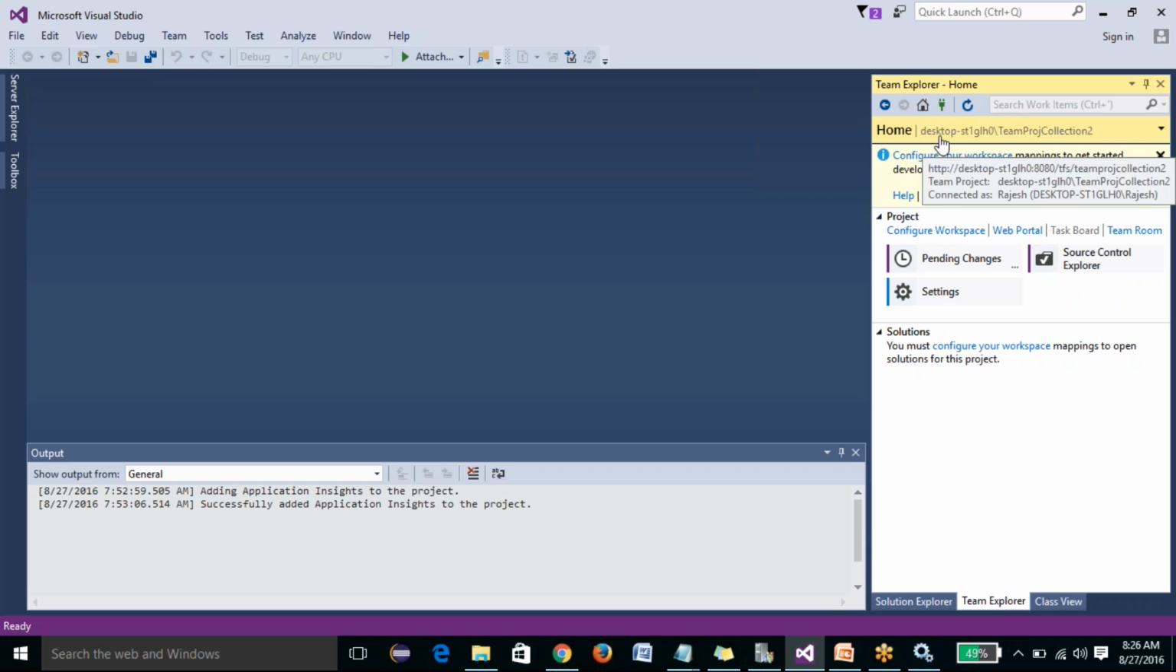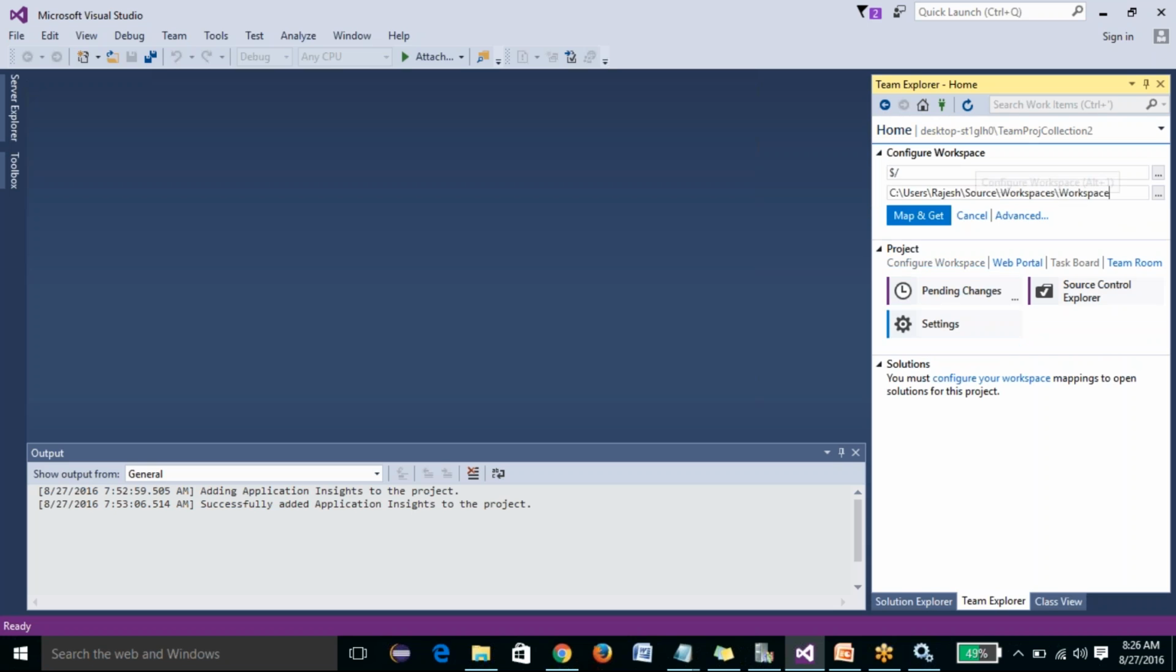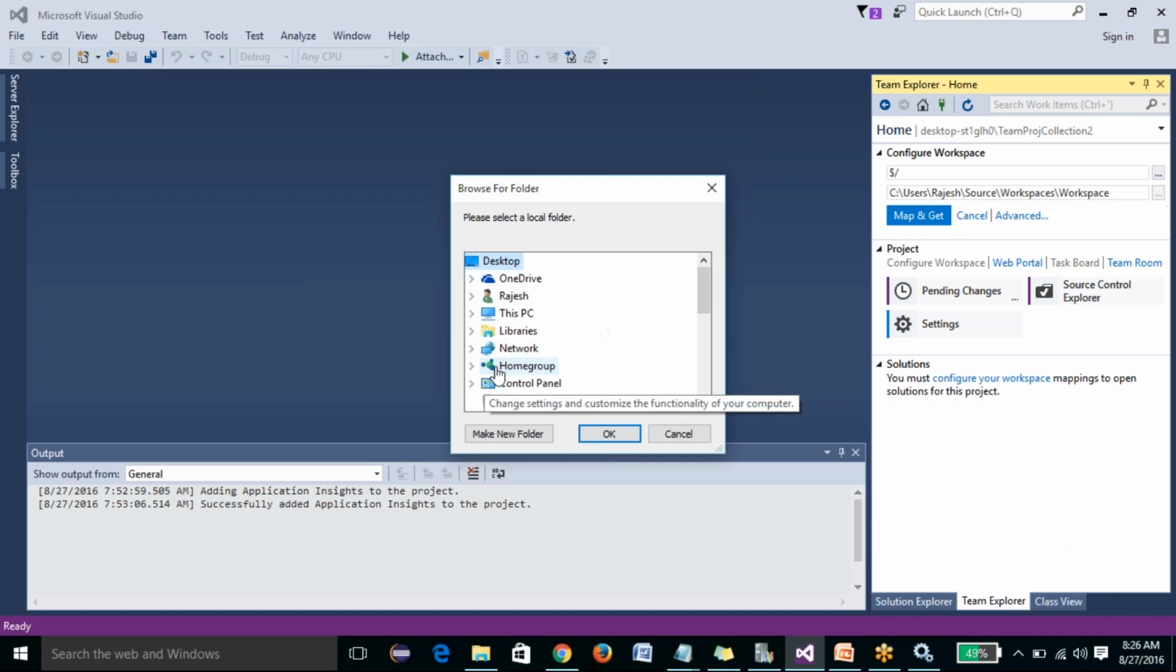So after creating a collection, using Visual Studio you basically connect to your collections, and then in order to start working with your project you have to map to your local server. Here it says configure your workspace. So let's configure it. Which path you want to configure is up to you. So let me click here. I should go to